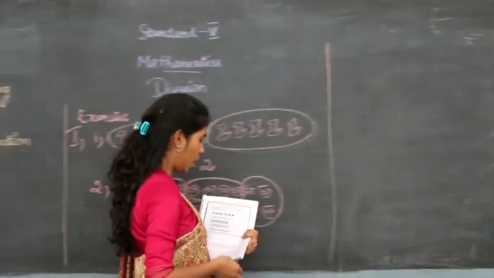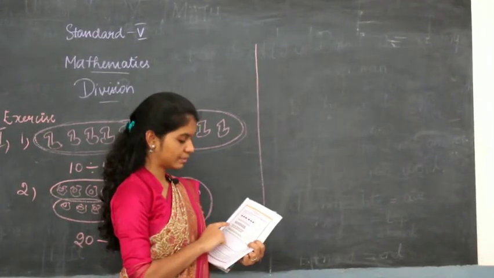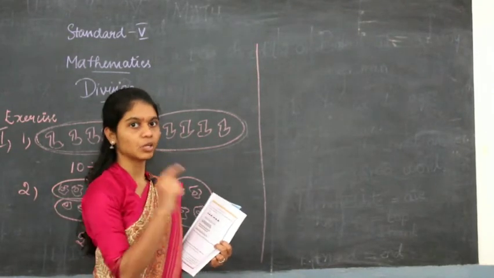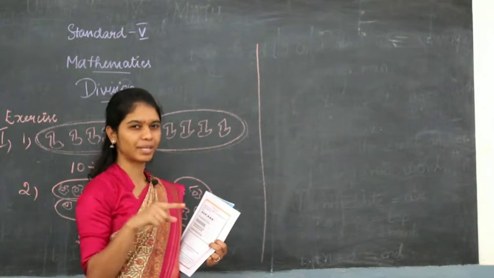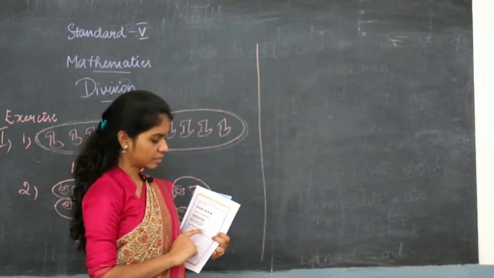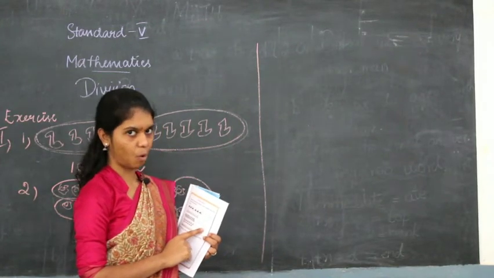Now the options C and D of the third question will be your homework. You have to make them into groups so that each group contains 3 babies, find the answers, and write them in the box given.